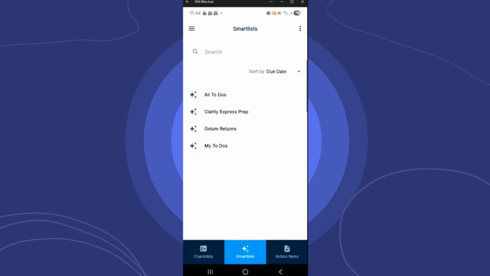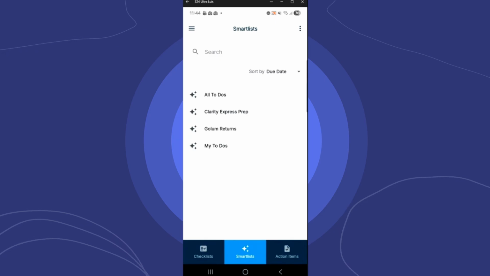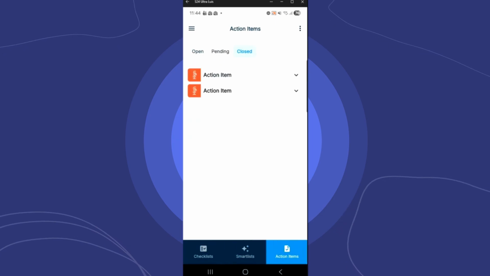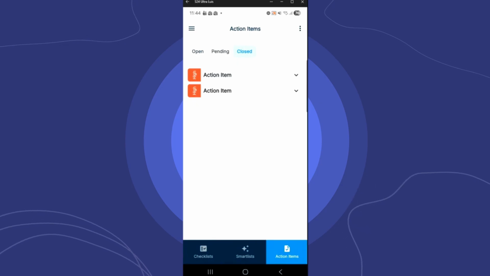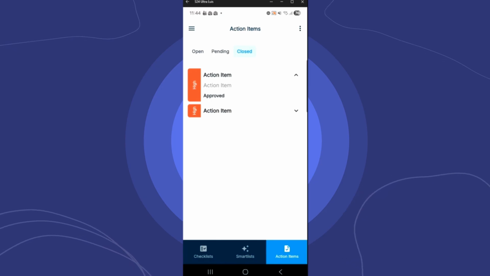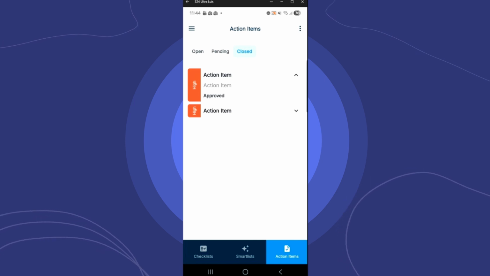And then finally, we have action items all the way down to the right. Action items will give you the same functionality as the web UI. On the left, you can see the priority and the action item title. If you expand the action item, you'll get the description. In this case, because I'm looking at closed action items, I can see that this action item was approved. If it were open or pending, I can click on it, it becomes a drop-down, and I can choose the corresponding